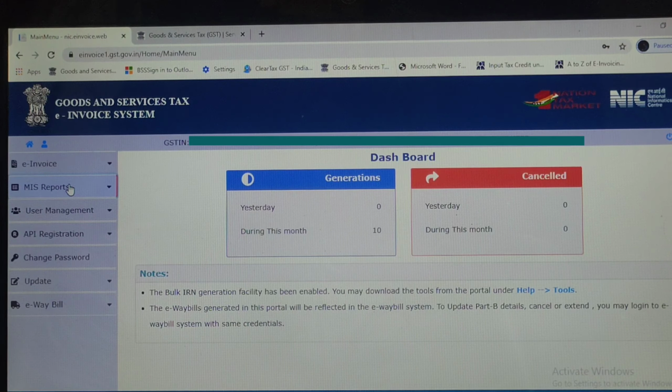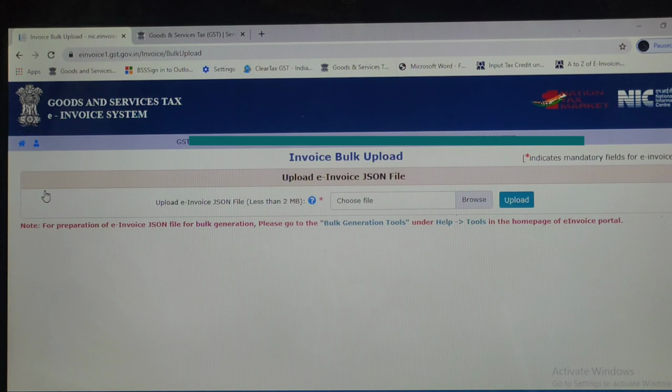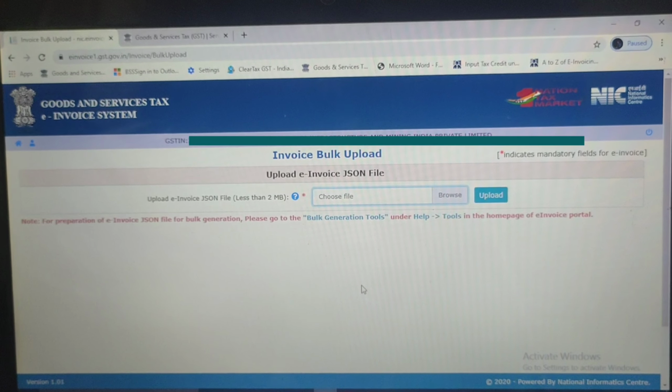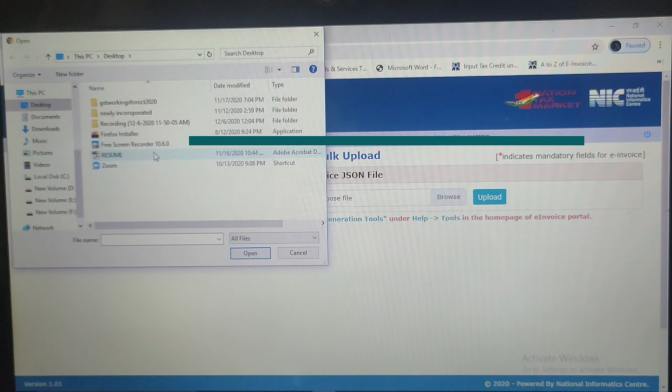Here you have to upload the format A which we have already prepared. Here I am clicking this. Here you can see bulk upload, cancel, print and bulk print, bulk IRN and cancel. So here we have to select bulk upload, and select the generated JSON file.